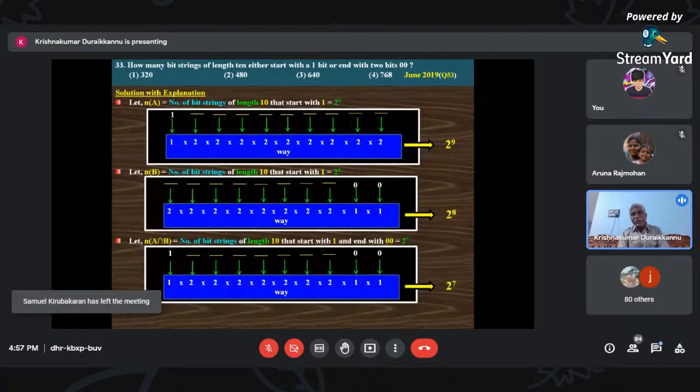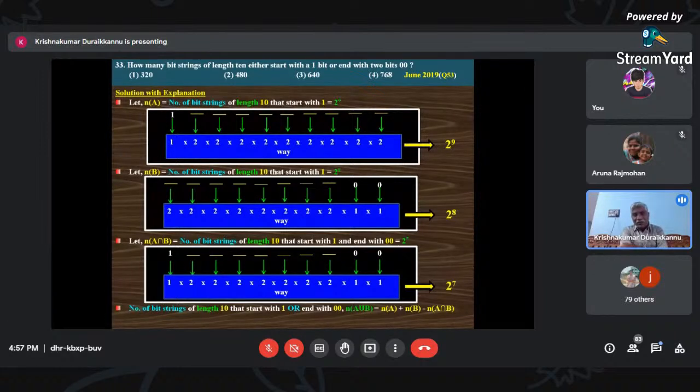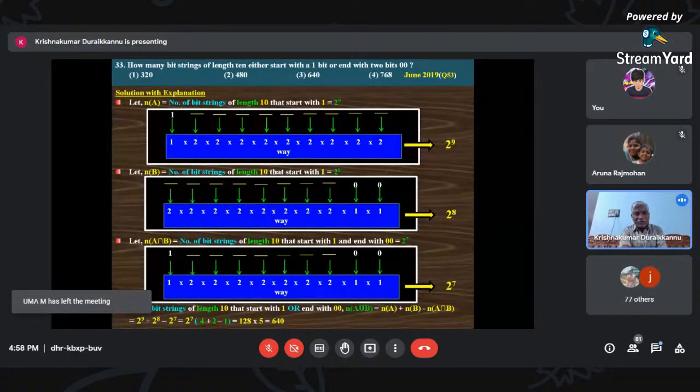Now we can conclude what we need: n of A union B equals n of A plus n of B minus n of A intersection B. For the number of bit strings of length 10 that start with 1 or end with 00, n of A union B equals n of A plus n of B minus n of A intersection B, which is 2 power 9 plus 2 power 8 minus 2 power 7. What is the value? Taking 2 power 7 as common,